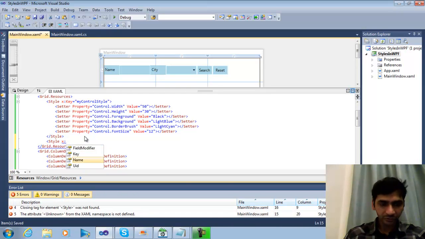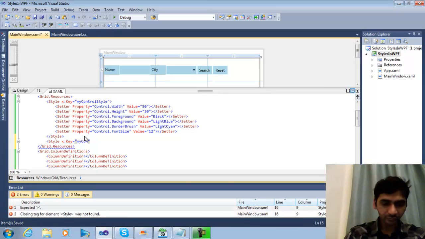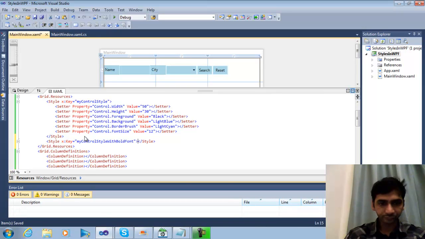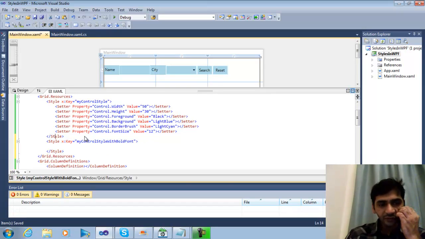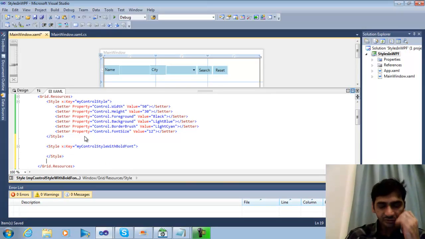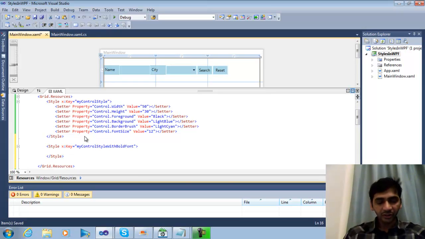For example, we can say key, my control style with bold font. So what I have to do is, now obviously when I apply this style, so I want to put some,